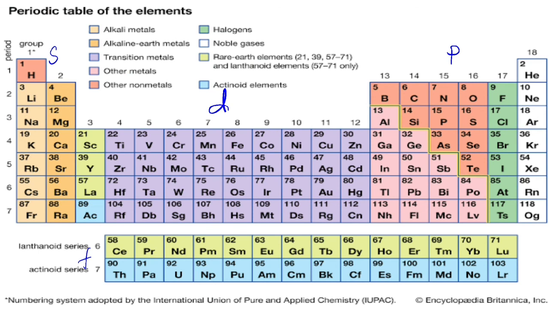He has classified on the basis of electronic configuration. If the differentiating electron enters into S orbital of the atom, those elements are kept in S block elements. If the differentiating electron enters into P orbital of the atom, those elements are kept as P block elements. If the differentiating electron enters into the D orbital of the atom, those are kept in D block. In a similar way, if the differentiating or valence electron enters into F orbital, those are kept as F block